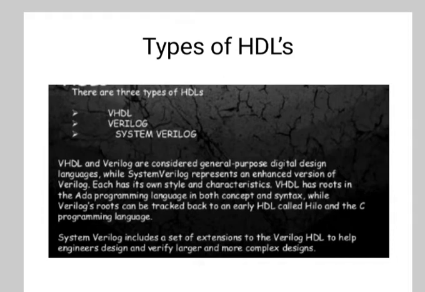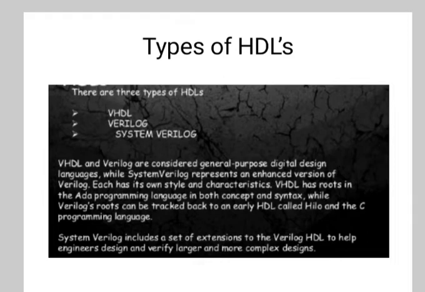VHDL is somewhat more difficult and complex than Verilog, and Verilog is relatively simple, especially for C language users. VHDL results in slower simulation, and Verilog results in faster simulation. VHDL is superior in higher system level design, and Verilog has very good acceptance in ASIC. ASIC means application specific integrated circuit.